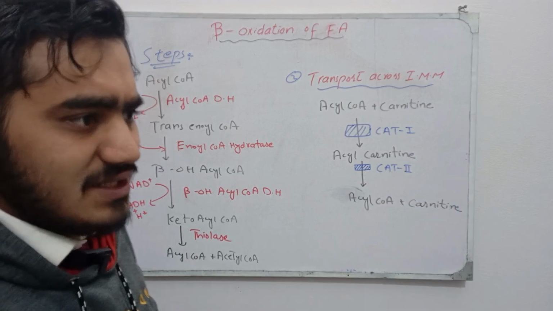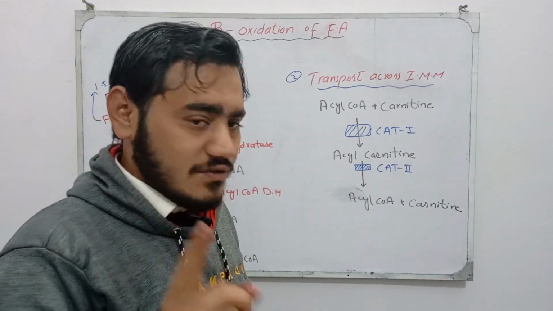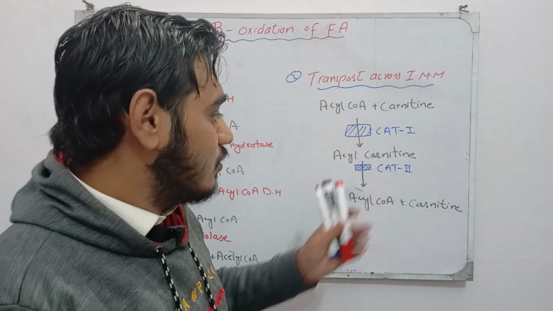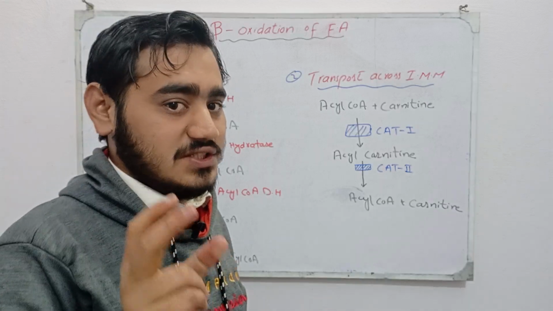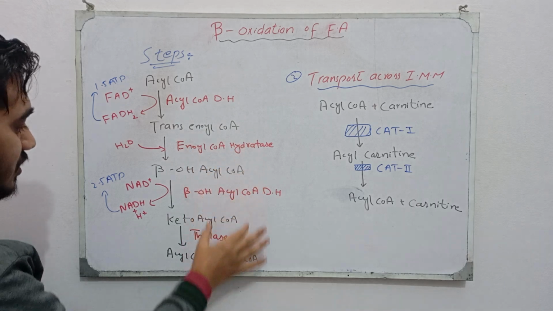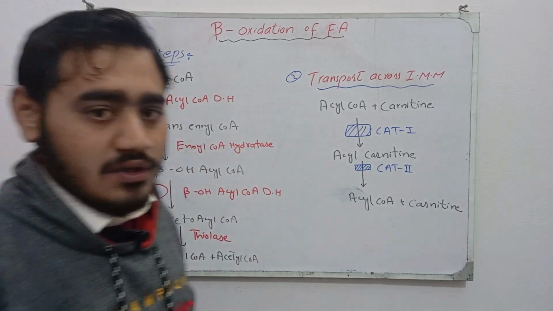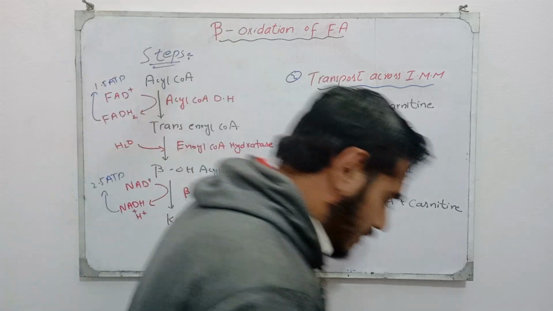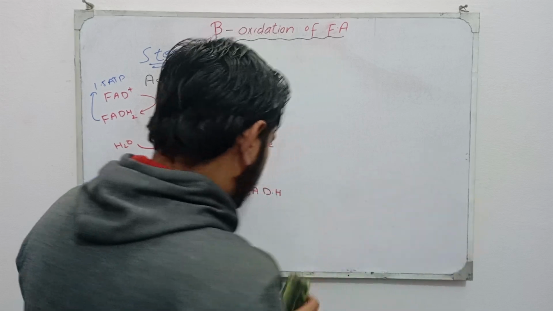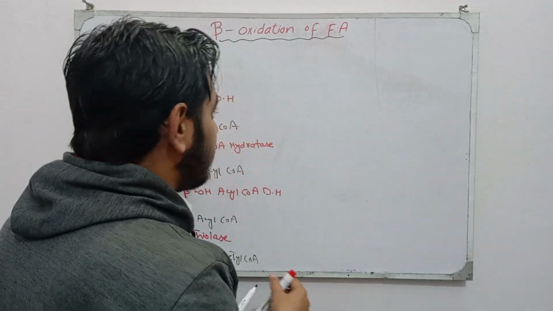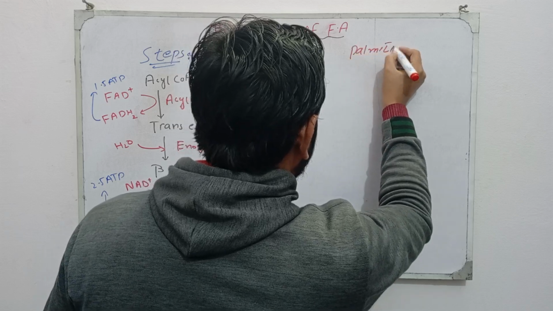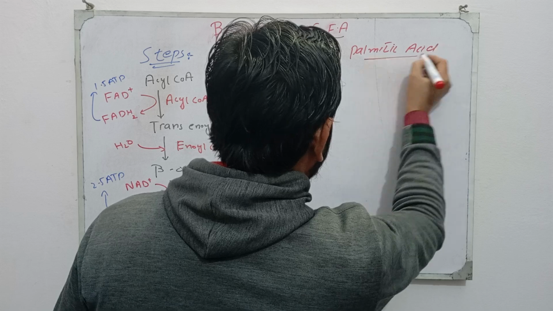First, we have discussed the activation of fatty acid into acyl CoA. Second, transport across the inner mitochondrial membrane with the help of the carnitine shuttle system. And third are these major steps: oxidation, hydration, oxidation, and cleavage. Okay students, the examples: the production of energy. If the fatty acid is palmitic acid, which is a 16 carbon atom containing compound,